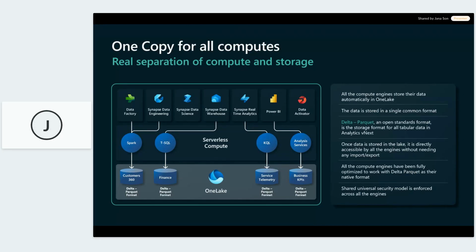They're all accessible in this one platform, or even different languages, programming languages, but under the hood, it's the same file format always. So there's no need to be getting data from one certain format to another before different teams can analyze and work with the data. There's no need to get data into a certain format before you can work with it with different engines again. So in that way, one copy here really means no data movement or copying between the engines is necessary.